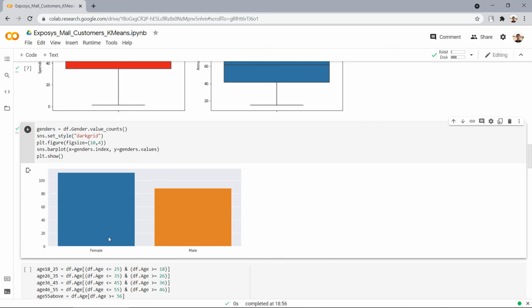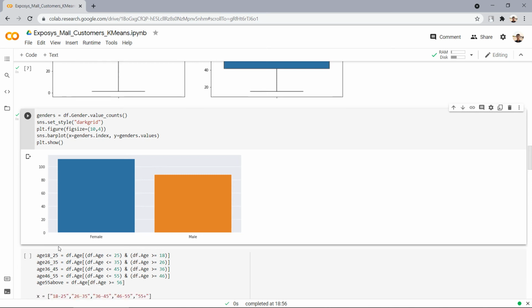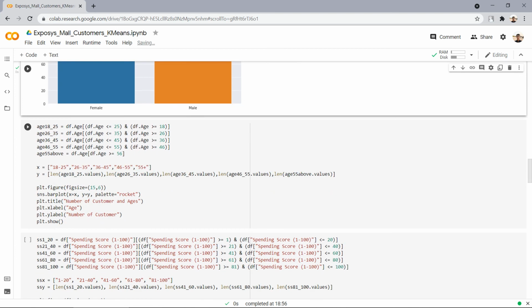Next, it is to check the distribution of the number of customers in each age group. Here, I have split the age group into 5 parts, that is 18 to 25, 26 to 35, 36 to 45, 45 to 55 and above 55.